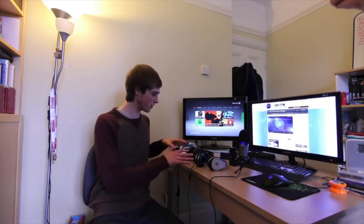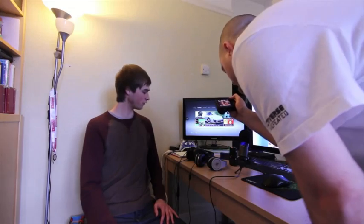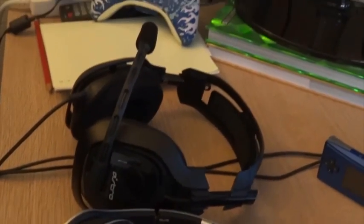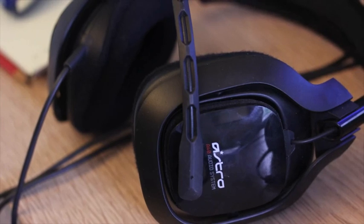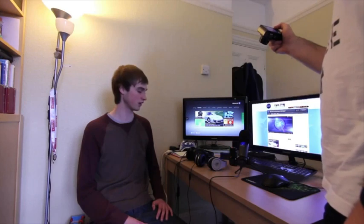And then you see here I've actually got two headsets. We'll talk about the Astro one first of all. That's the Astro A40 gaming headset. Fantastic gaming headset. Really, really recommend it. Fits nicely around the ears. Doesn't feel heavy at all after long gaming sessions. It's generally a really good headset. If you guys are looking to invest in one, maybe for Christmas or something like that, then that's a great